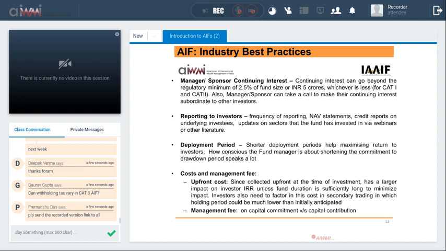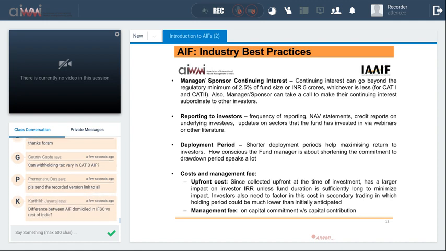Now, we'll come to slide 13, which talks about the industry best practices, and I'll keep it brief here, but this is really for you to think about any AIF that you are evaluating. What are some of the things that you should keep in mind? Now, SEBI has specified what the manager or the sponsor continuing interest should be. However, most managers go beyond the regulatory minimum, and this is to ensure that they have a much higher skin in the game. It helps in communicating to an investor that the manager sits exactly alongside them and participates in